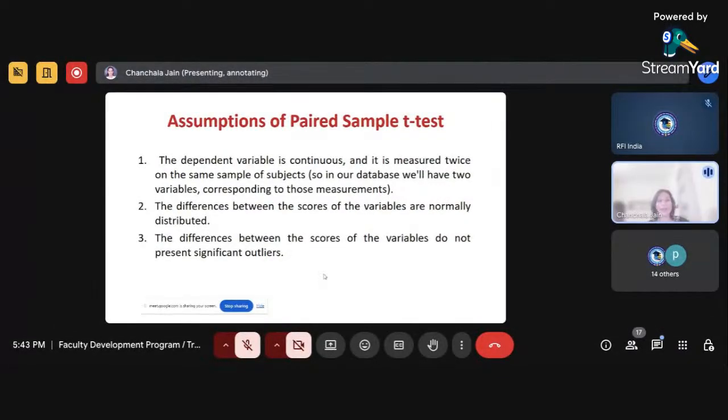Now, there are assumptions also when I talk about the paired samples t-test. First says the dependent variable is continuous and it is measured twice on the same sample of subjects, right? So we will be having a single variable. That variable will be the dependent variable. That means that variable will be continuous, or you can say it should be measured on an interval or ratio scale. That variable will be the numeric variable, right? As I said, you need to collect data two times for the same variable from the same set of people,